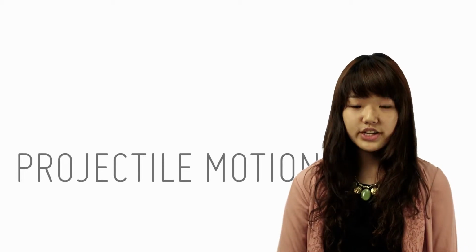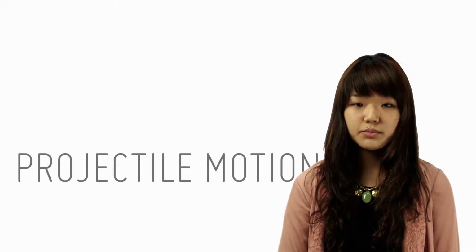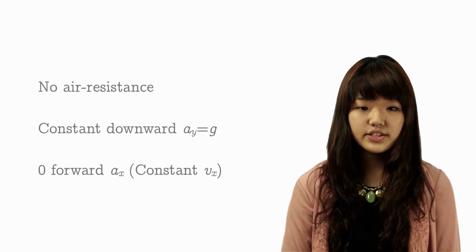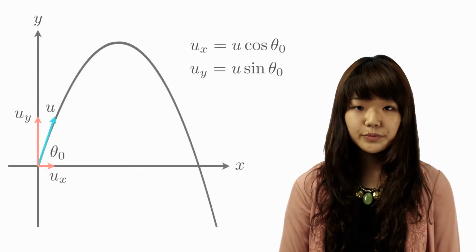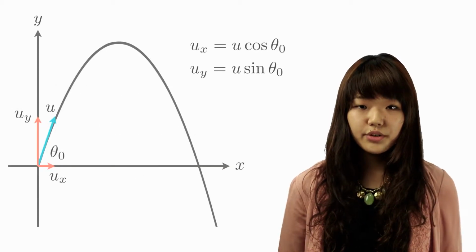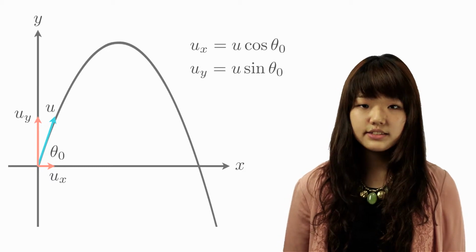Hi, now let's look at projectile motion, which is an application of 2D motion. For now, let's assume that there's zero air resistance, there's a constant downward acceleration equal to g, and that the forward acceleration equals 0. So here we have an object being thrown at an initial velocity of u at an angle theta inclined from